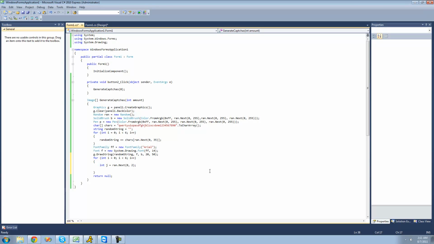Now we're going to say if j equals 0, then we're going to be drawing a rectangle. So we're going to say g.DrawRectangle, and the pen that we're going to be using is the pen that we created up here, so P is our pen. The rectangle that we want to draw, we want to randomly select so it's not always drawing a rectangle in the same spot. So we're going to say